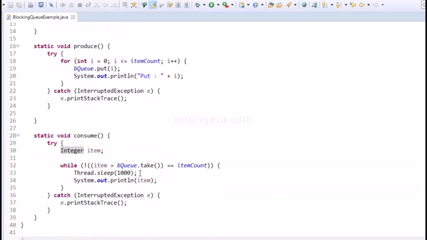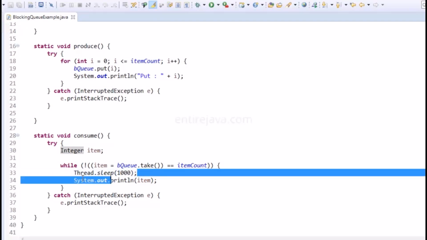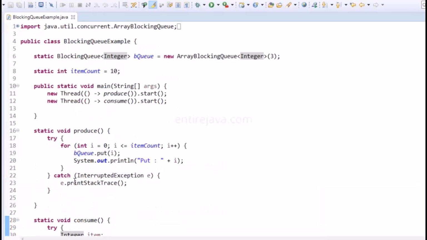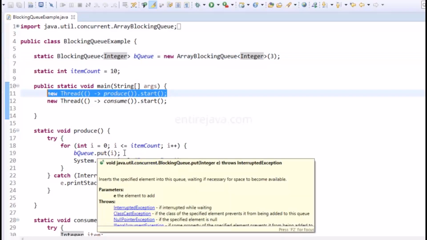And every time I take the element, I'm also waiting for a second, and I'm printing what that item is. Let's run the program and see what happens. If I run this program, you would immediately see 3 elements being put, because that's what the size is in here. After inserting 3 elements, this thread in here is going to be blocked right here,